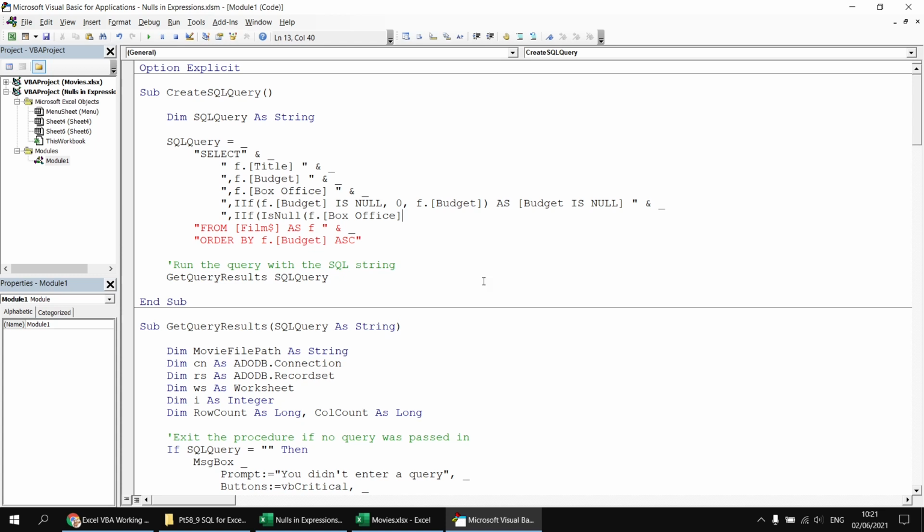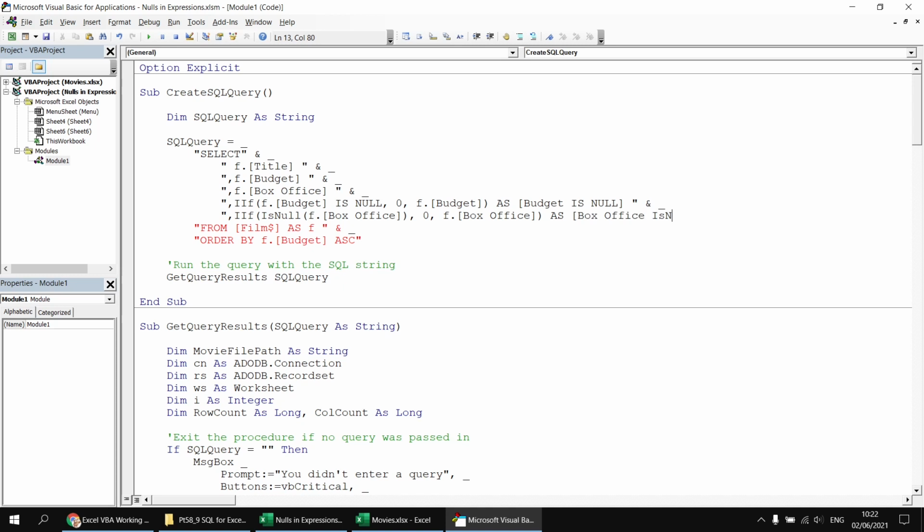The IsNull function in the provider we're using with ActiveX data objects is not the same as the IsNull function you may know from SQL Server. So here we have only a single parameter for the IsNull function, so we close the round brackets immediately, and then we can type in a comma and then place a 0 if that condition returns true. Otherwise, I want to replace the value of the box office column, so I'll say f.boxoffice. I can then close some round brackets for the if function and say as, and I'll go for box office,